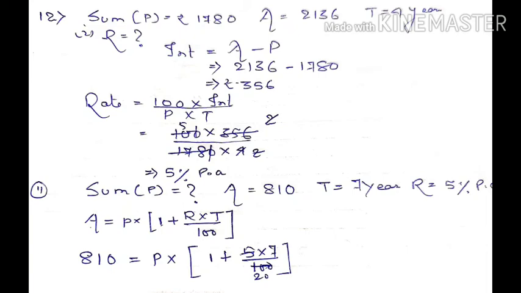See, the first line I have written for you, amount 810, principal into 1 plus 5 into 7 by 100, with 5 you cancel by 20, then take LCM plus, as I have done in question number 7. You can take help from question number 7 and try to finish it. Okay, remember one more thing, don't simply write from this. Read question 2 times, then correlate, try to understand, then write from the video.